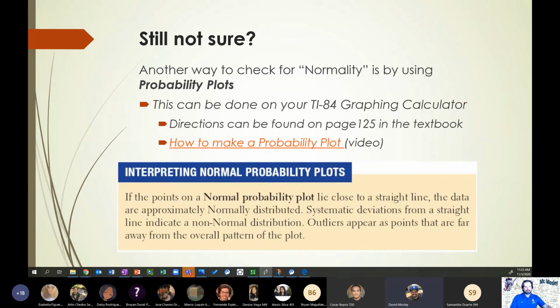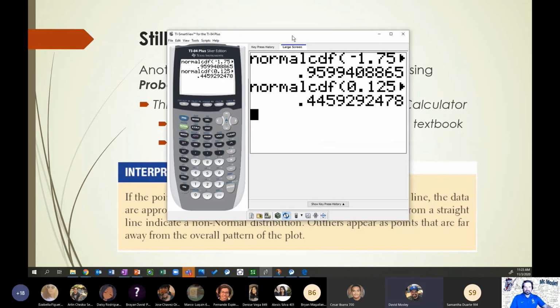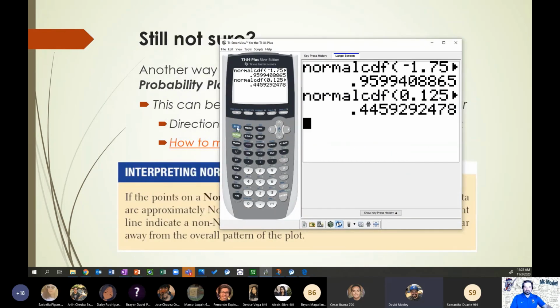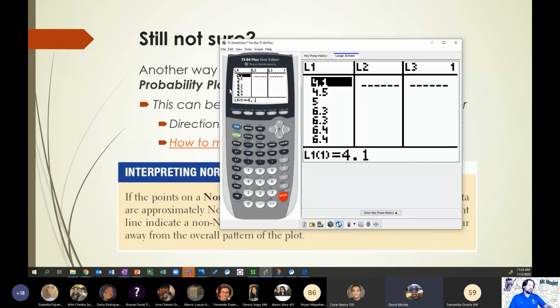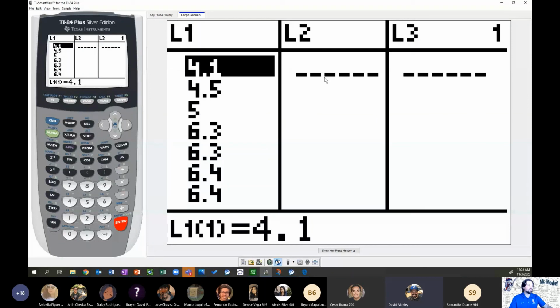So what this looks like is, if you have already put some data in, such as the unemployment rates for all 50 states that were provided previously in the textbook, I have those points put in here already, the same way I would put in the points if I was making a histogram. I can then